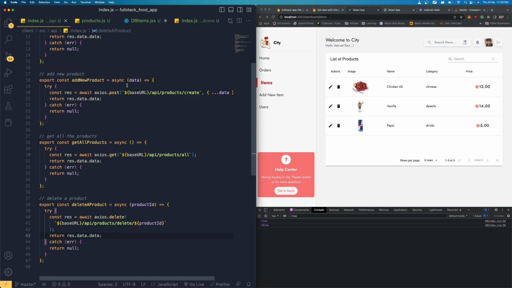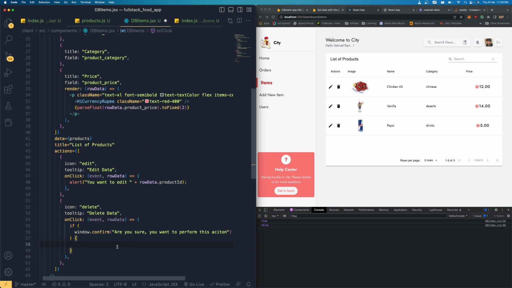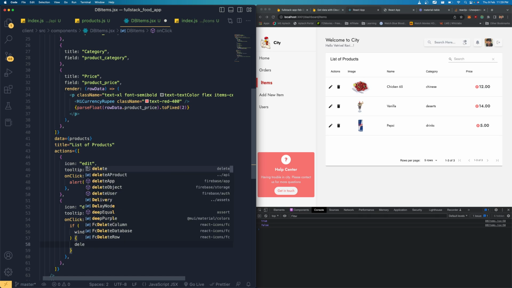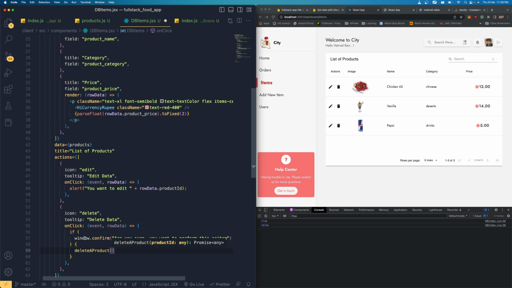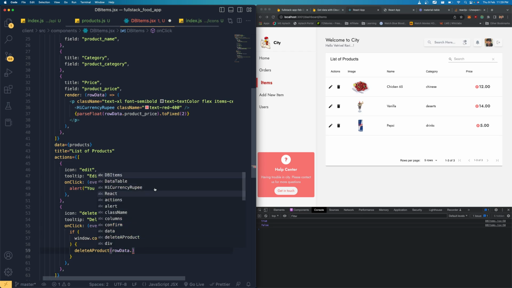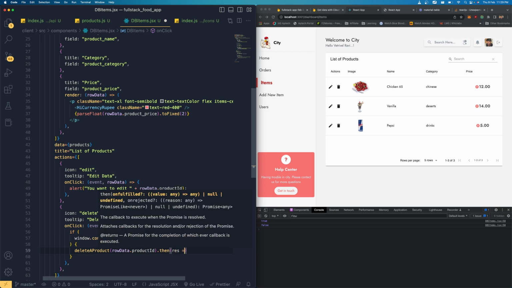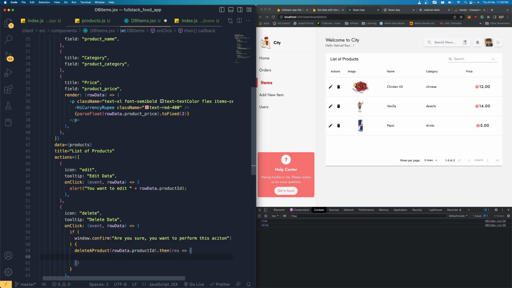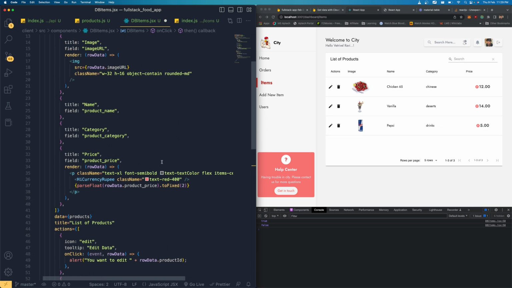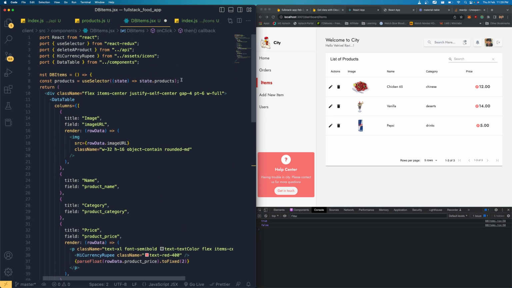So now all we have to do is go here. Here I need to call that method, delete a product. I will send that product from over here, rawData.productID. That will return the response, .then response. We know that we will get a response. So if you get a response, of course, then we're going to get all the products and update the products